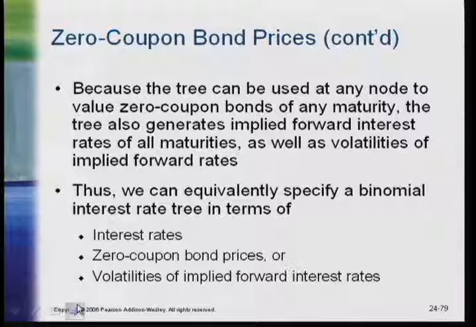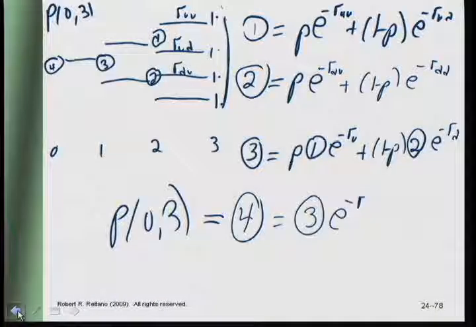So because the tree can be used in any node, I can now calculate zero coupon bonds at time zero for any length. I can therefore calculate zero coupon bonds from any node into the future using exactly the same procedure. So for example, at this point, if I look at number